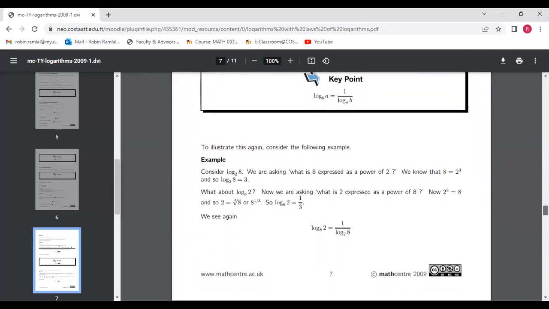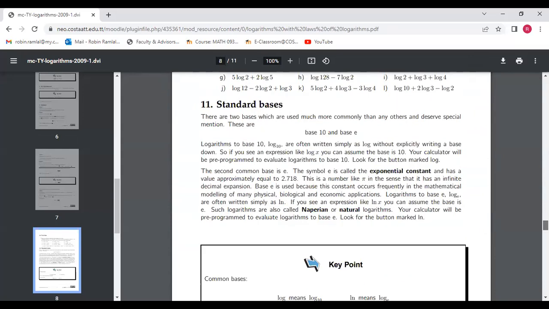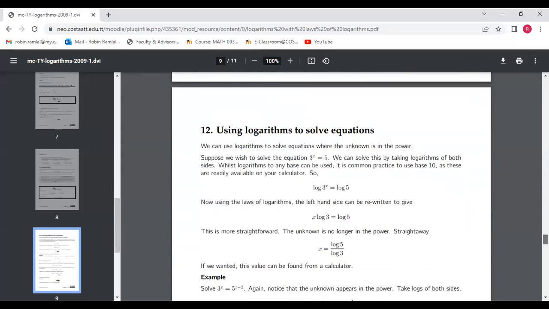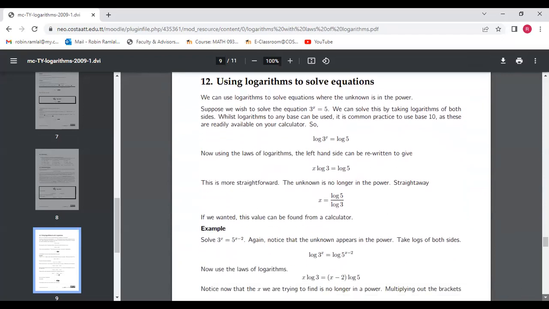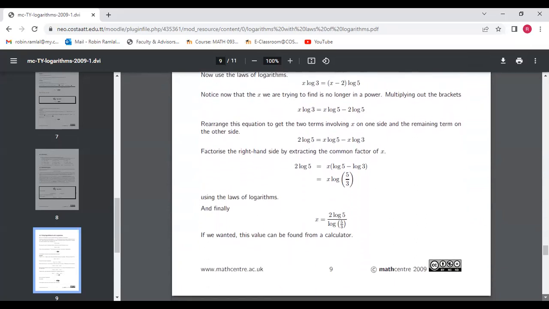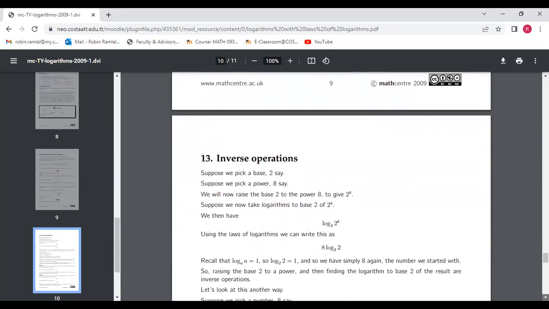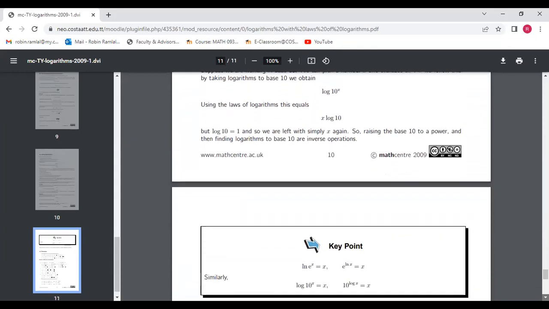Right, so what I'm interested in doing at this point is using the rules of logs. I'm interested here in the same document, where you have using logarithms to solve equations. I'm interested in this now, so please follow with me. Some of these may seem complicated if you're not being careful. So I will do, let me see how many questions are there. I have some other